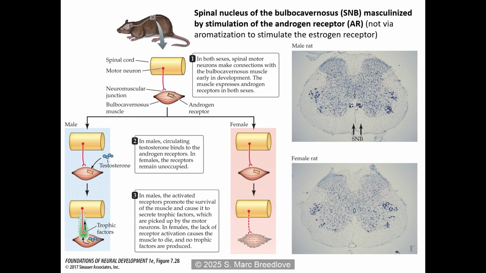And we know that when that happens, the testosterone is acting not on the motor neurons, but on the muscles. So the testosterone keeps the muscles alive, and if the muscles survive, then they keep the motor neurons alive. And there's pretty good evidence that when testosterone acts on the muscle, it causes it to provide some sort of trophic factor to keep the motor neurons alive. And we're all quite used to that concept, having talked about apoptosis and the neurotrophic model of controlling cell death. Questions about any of that?